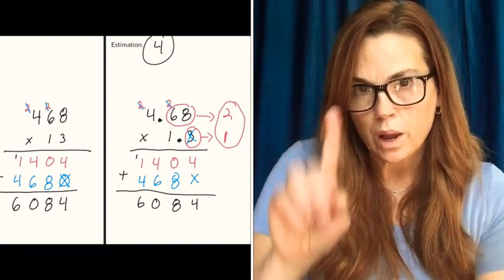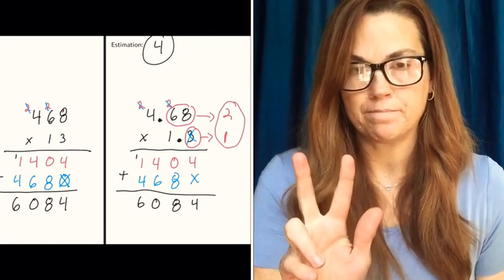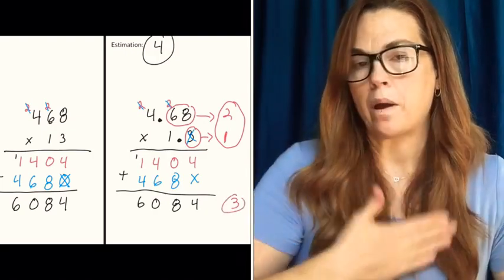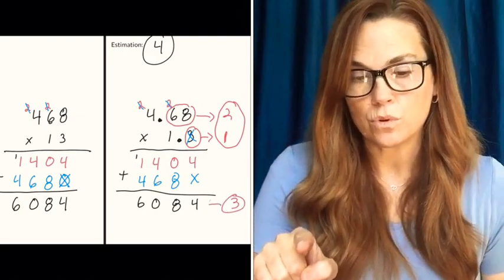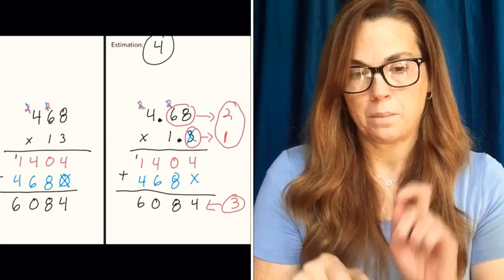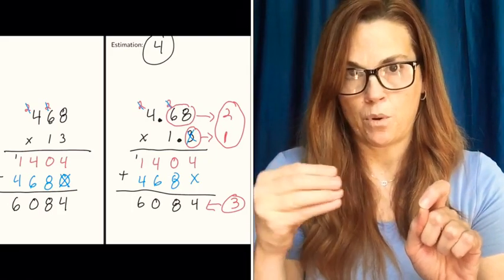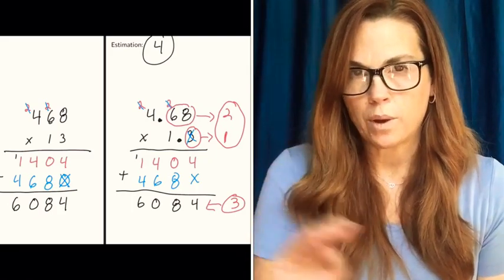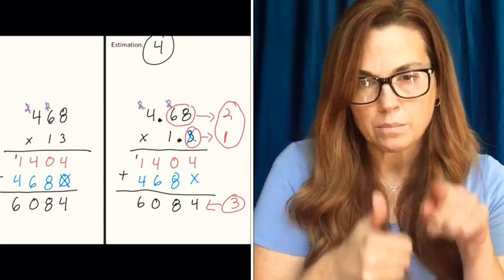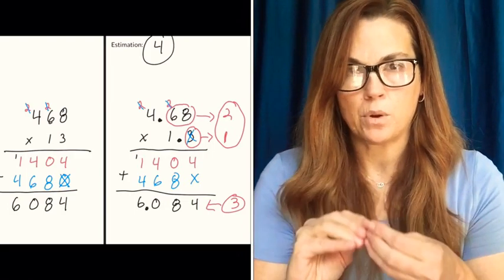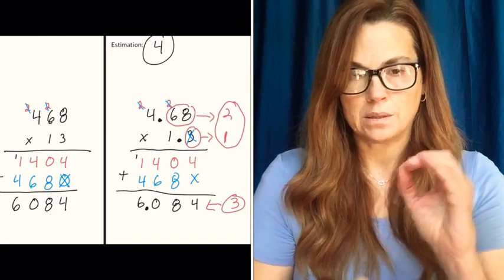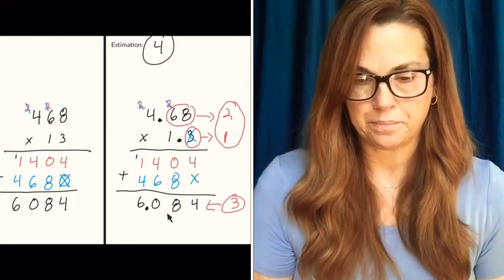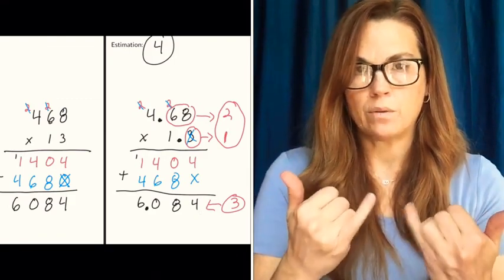So 2 plus 1 is 3. So I know that I need to have 3 digits to the right of my decimal in my final answer. So where would I need to place the decimal so there's 3 digits to the right of my decimal? It's going to go in between the 6 and the 0. So now I have 3 digits to the right of my decimal, and it's